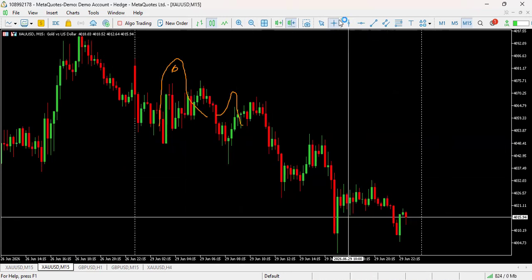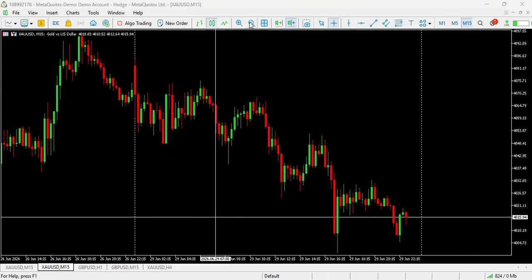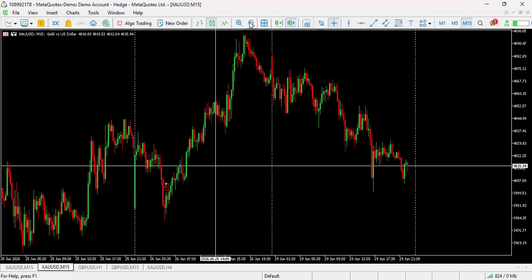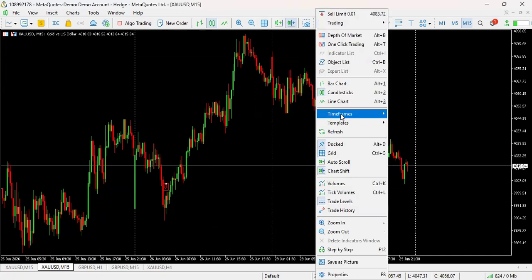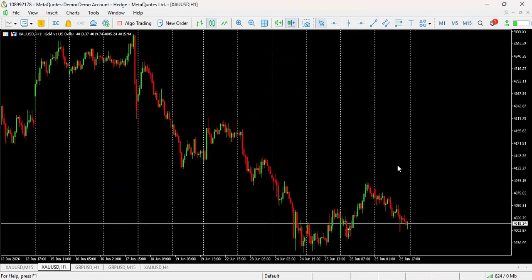Let me get rid of these annotations so you can see clean. I'm telling you guys, you gotta find this. Okay, so look. Let me go to the H1 so y'all can see why I'm so excited about this information, right? So let's get rid of this. Delete. So you got a second leg within a second leg.